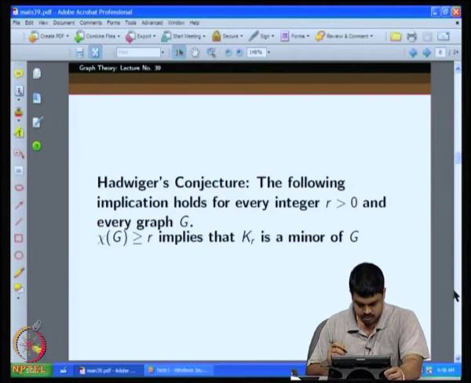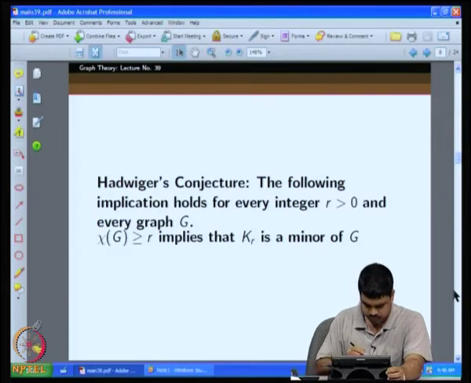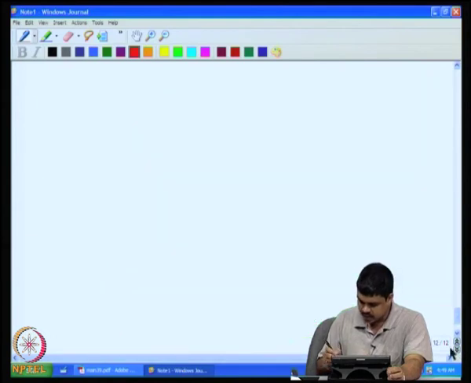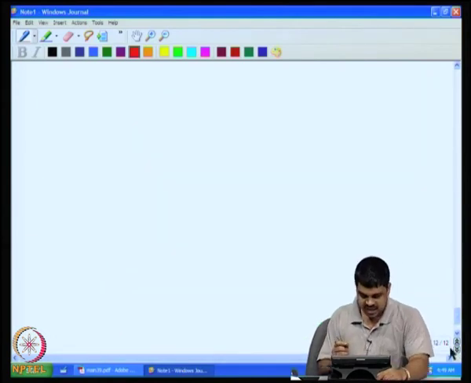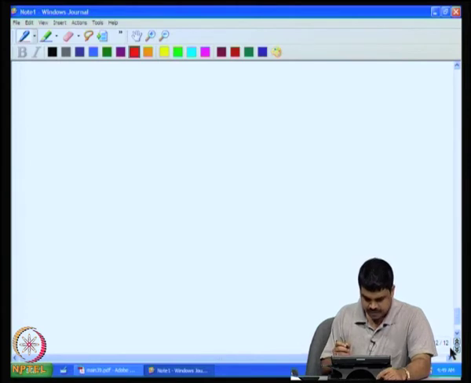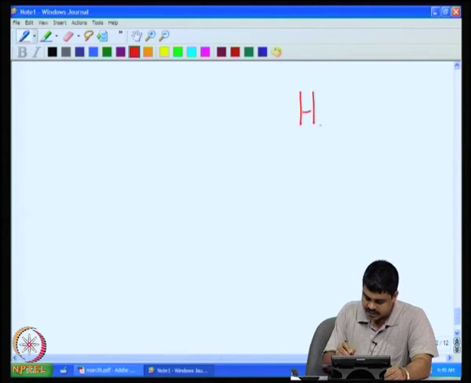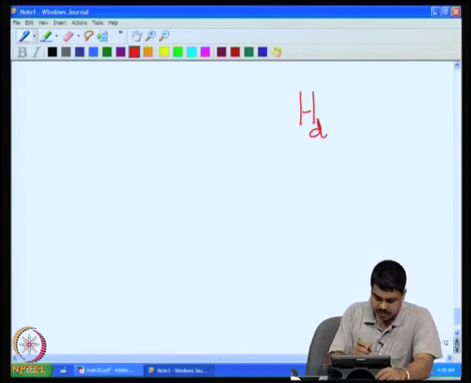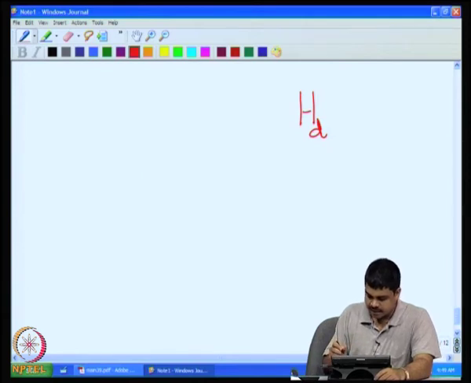Now the next, so before going to the next topic, we can illustrate the idea of topological minor by taking one example from what we have studied earlier. So, for instance, look at this graph H_d, that is the d-dimensional hypercube. Essentially, remember that this is the graph